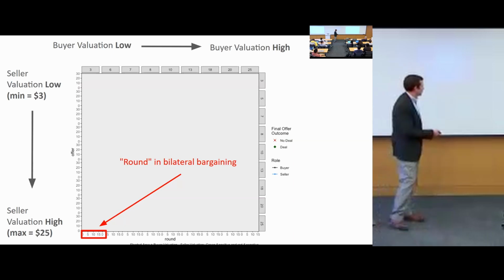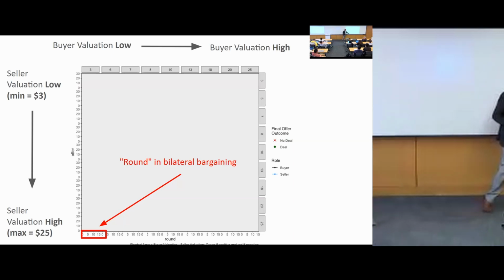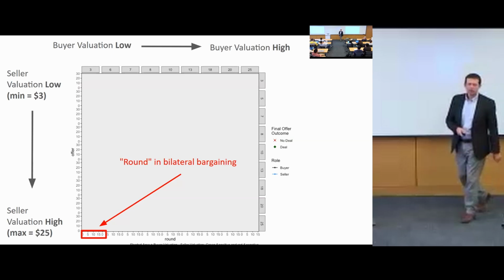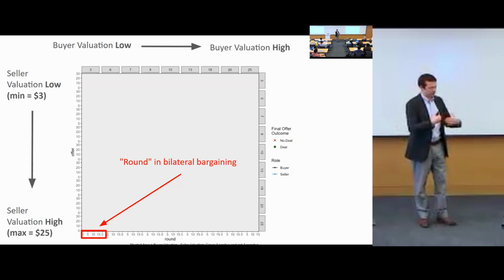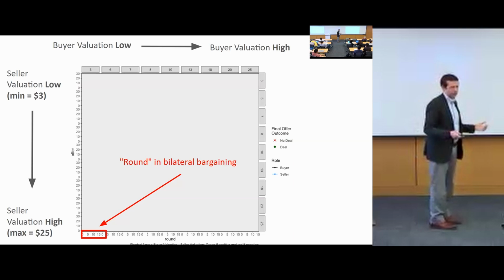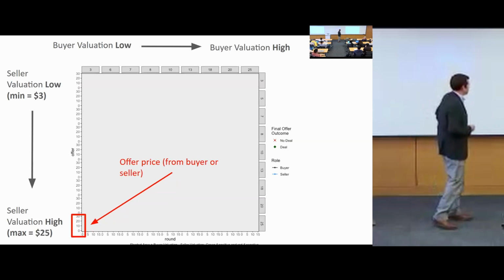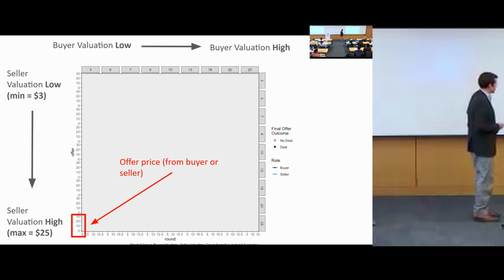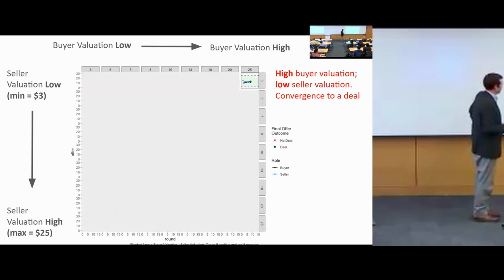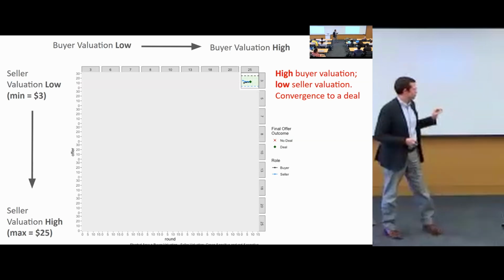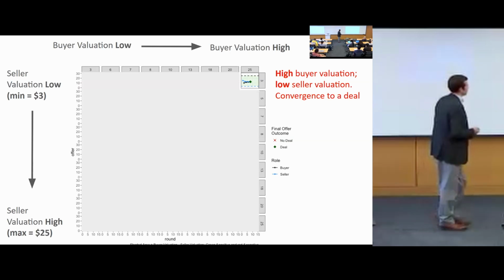And so here we have each round of the back and forth. This was us going through the transcripts and extracting all this stuff. We don't get this for free. And then what I'm going to plot is the offer price either from the buyer or the seller. What you have here is this range where a deal could have happened. And then the blue and the black here are the price trajectories of the two sides. And then if the deal was struck, you see a green.